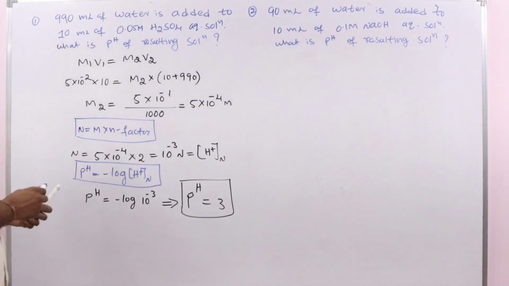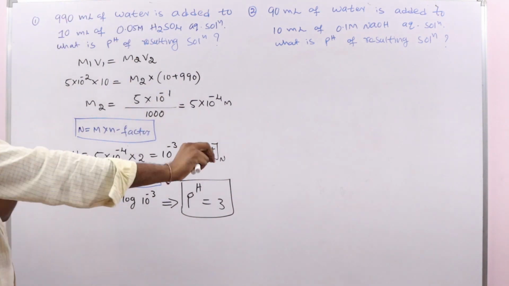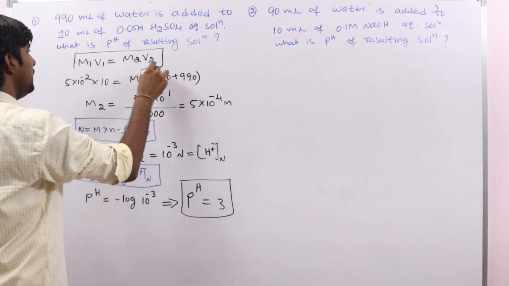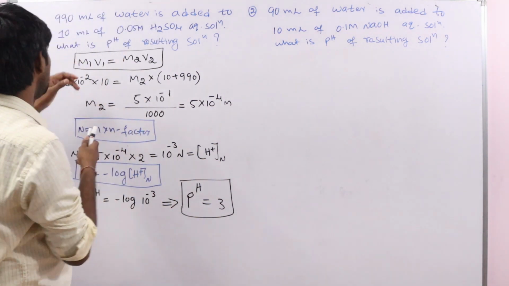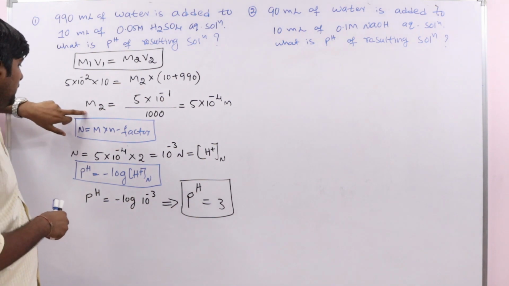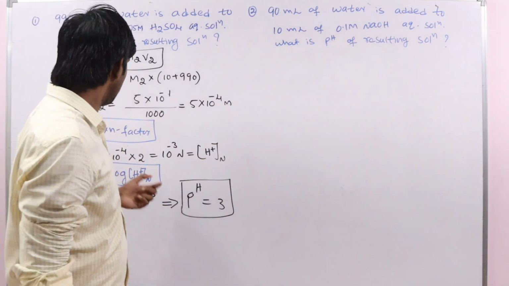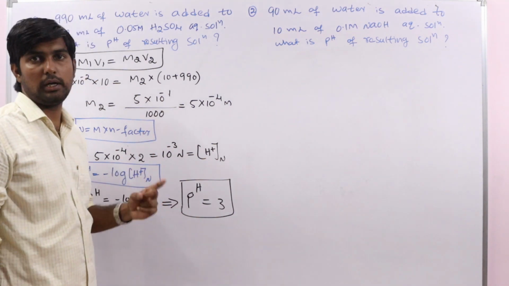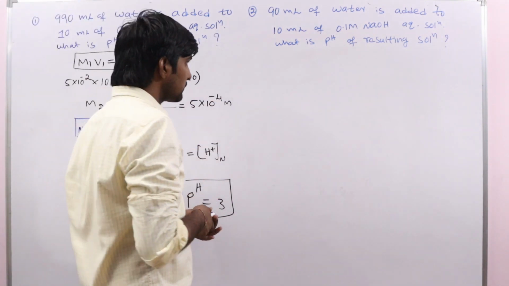Very simple. In this type of model, after dilution we are calculating the pH. By using the law of dilution, we calculate the concentration. M2 is the concentration of the resulting solution, after dilution. Here it is given in molarity, so that's why we use this relation. After finding molarity, find the normality and then calculate pH. Don't substitute directly in the formula, because we must express the concentration of H plus ion in normality only.